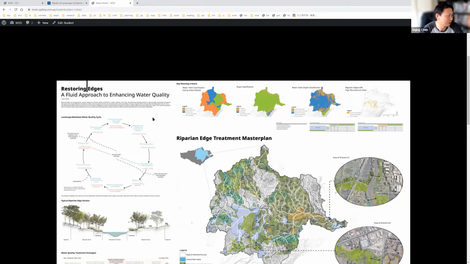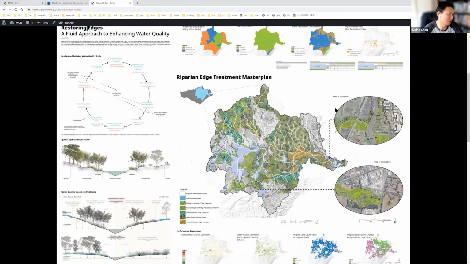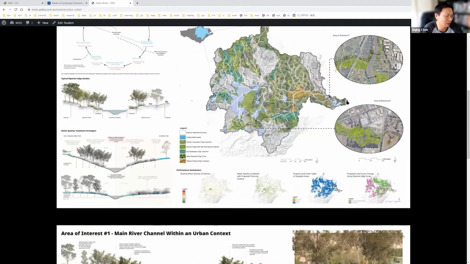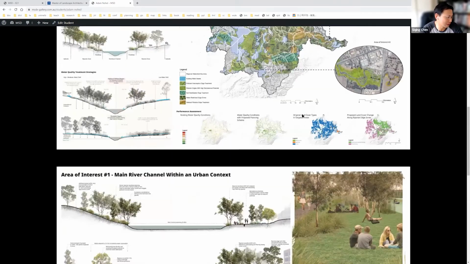And this student took one step further to look at the whole hydrological process, from the precipitation to the groundwater processes, and then looking at the water yield, because in this region, water, I would say, is a limiting factor to a lot of ecological processes, including agricultural productivity in this region. He did a model for this watershed, and